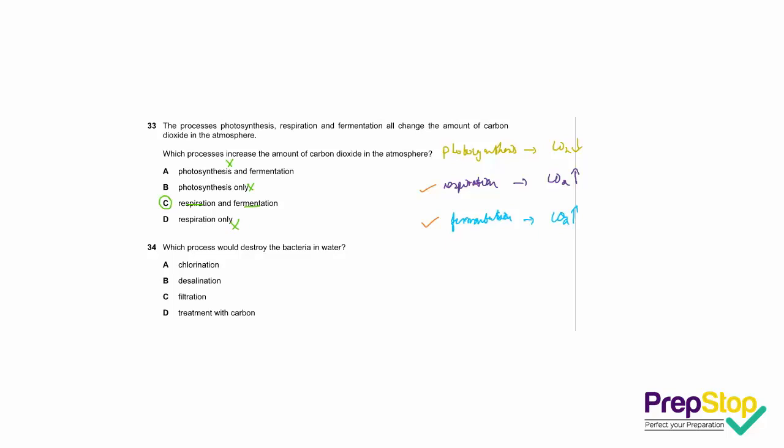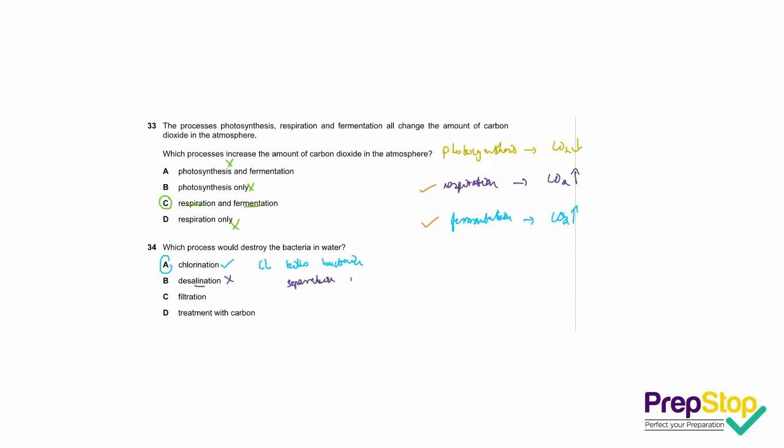Question number 34. Which process would destroy the bacteria in water? The first option is chlorination. This is correct because the chlorine kills the bacteria in water. So the correct answer is option A. We still take a look at the other options. Option B is desalination. This is incorrect because it is the